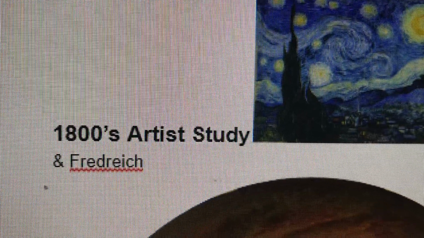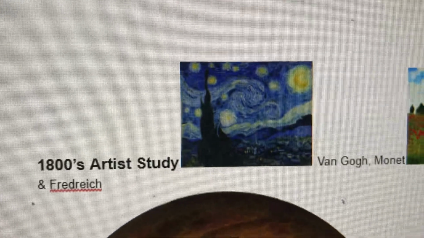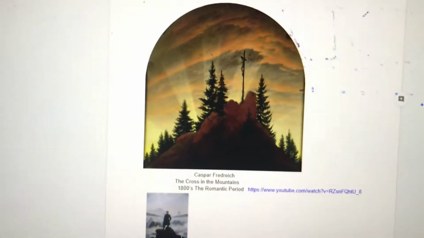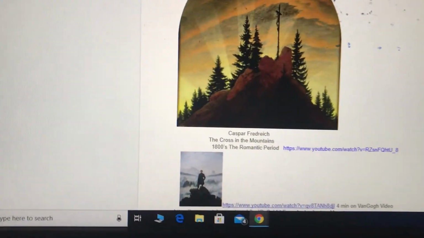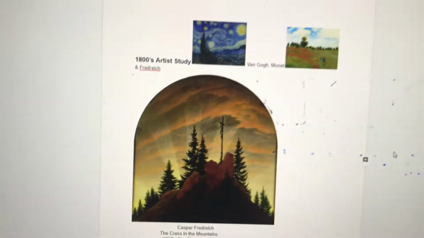Hey there, we are going to look at the 1800s famous artists. We have Vincent Van Gogh, who's famous for the Starry Night. Claude Monet, world famous artist, is famous for the Poppies, which have portraits in the foreground. And Caspar Friedrich, one of my favorites, is famous for Crossing the Mountains. We're about to look at what these artists did in the 1800s, which is